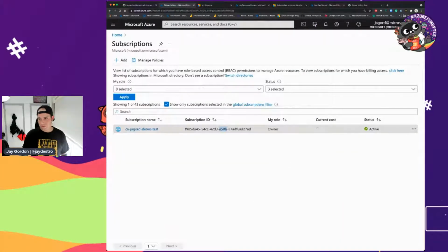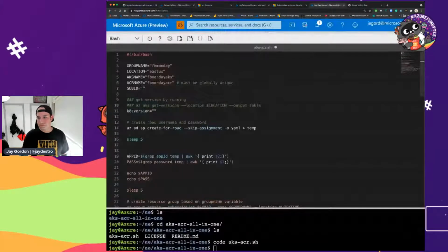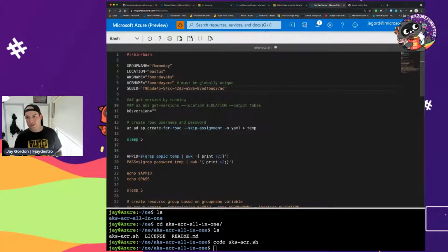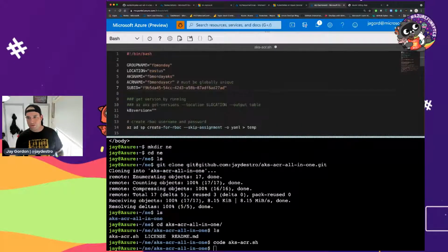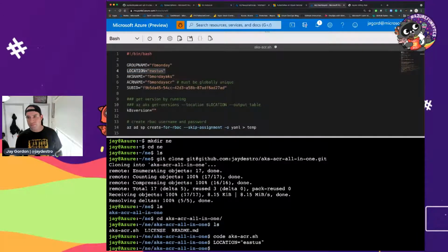And right here is my subscription ID for the sub that I'm using. So I'll go ahead, I'll copy this, and I can just paste it here into sub ID. Now there's just one more variable I need to fill out, and that is the version of Kubernetes I want to use. Let's take a look at all the available versions that we have in the location I'm in. So what I can do is just copy this variable, paste it into my shell, and then run this command right here,